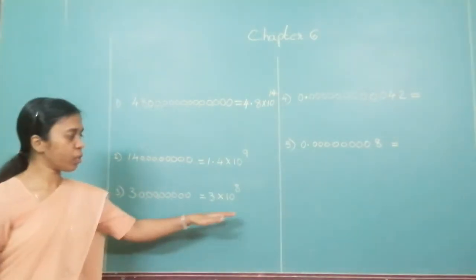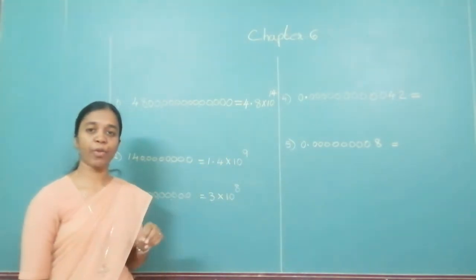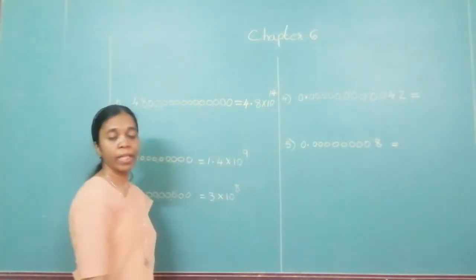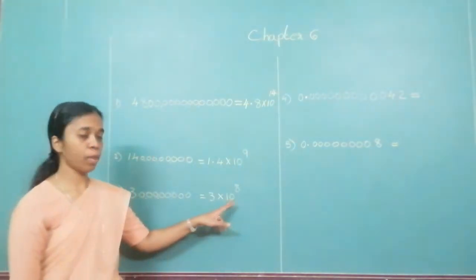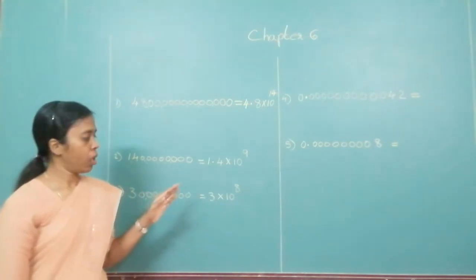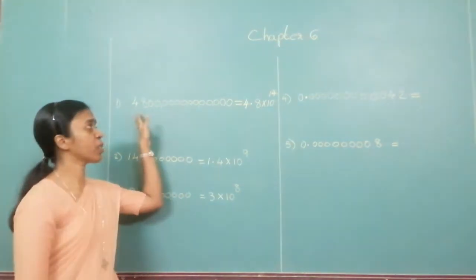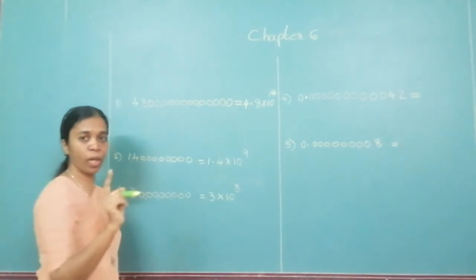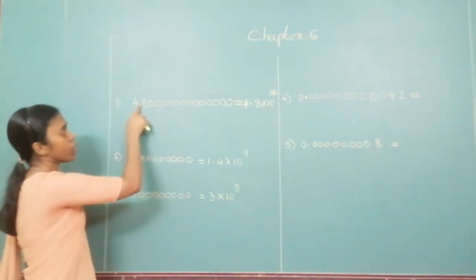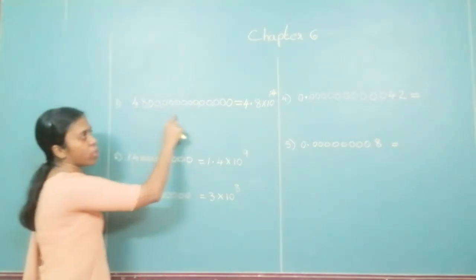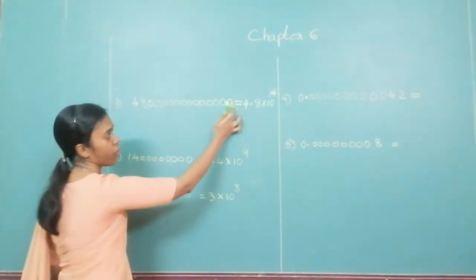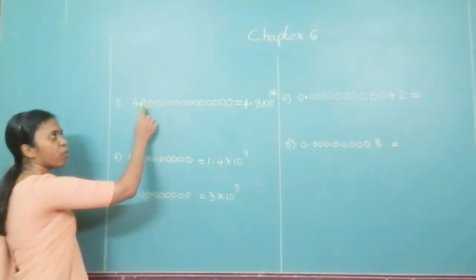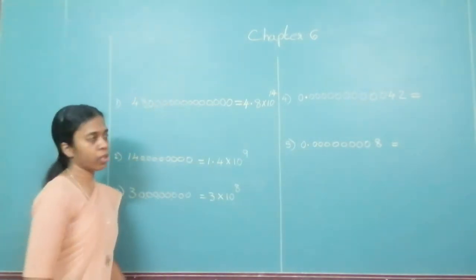Now, this form of writing is known as the standard form. As you can see, we have taken everything in the form of an index, that is, the power of 10. I repeat, how do we do it? In case we are given such a big number, right now our decimal is over here. You have to write it in one integer form, so the decimal should come till here, and the rest has to be written as a power of 10. So start counting from here: 1, 2, 3, 4, 5, 6, 7, 8, 9, 10, 11, 12, 13, 14. That means 10 raised to 14.